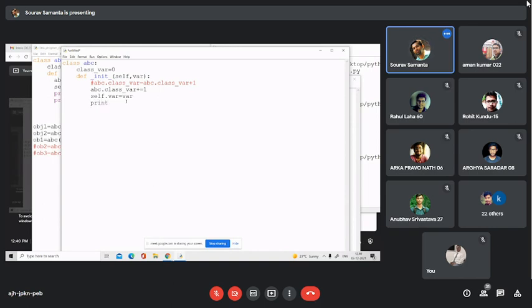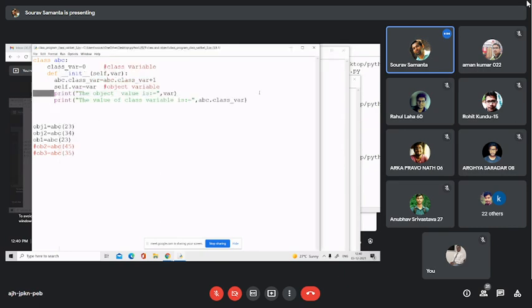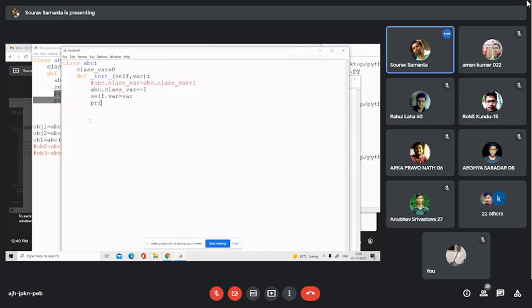Print. Up to this, it is similar to the previous one, today's first program.